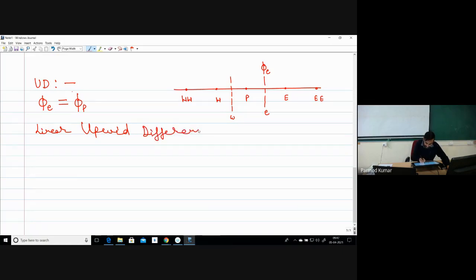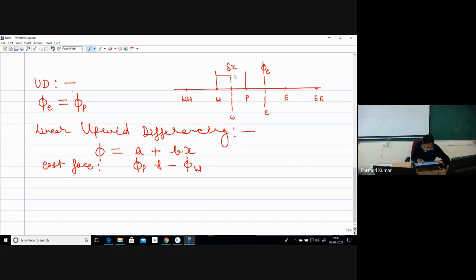In case of linear upwind differencing, I have to write phi as nothing but equal to A plus Bx. Now I have to use the upwind scheme. So whatever face I have considered, if I'm considering say the east face, then for the east face my upwind nodes will be nothing but phi P and phi W. Considering delta x as the uniform spacing